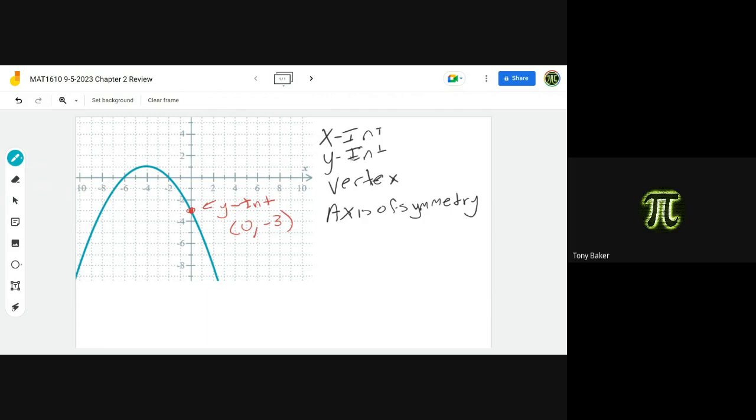I can have 2, I can have 1, I also can have none. It doesn't have to cross the x-axis. This one crosses it twice, at (-6, 0) and (-2, 0). Those are my 2